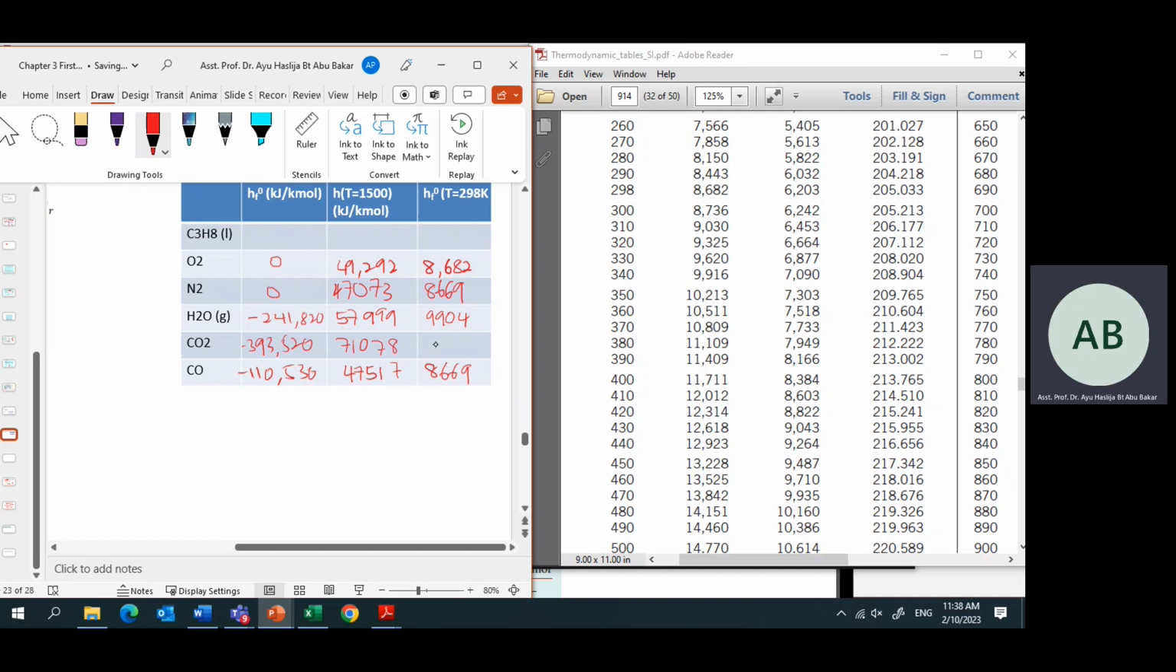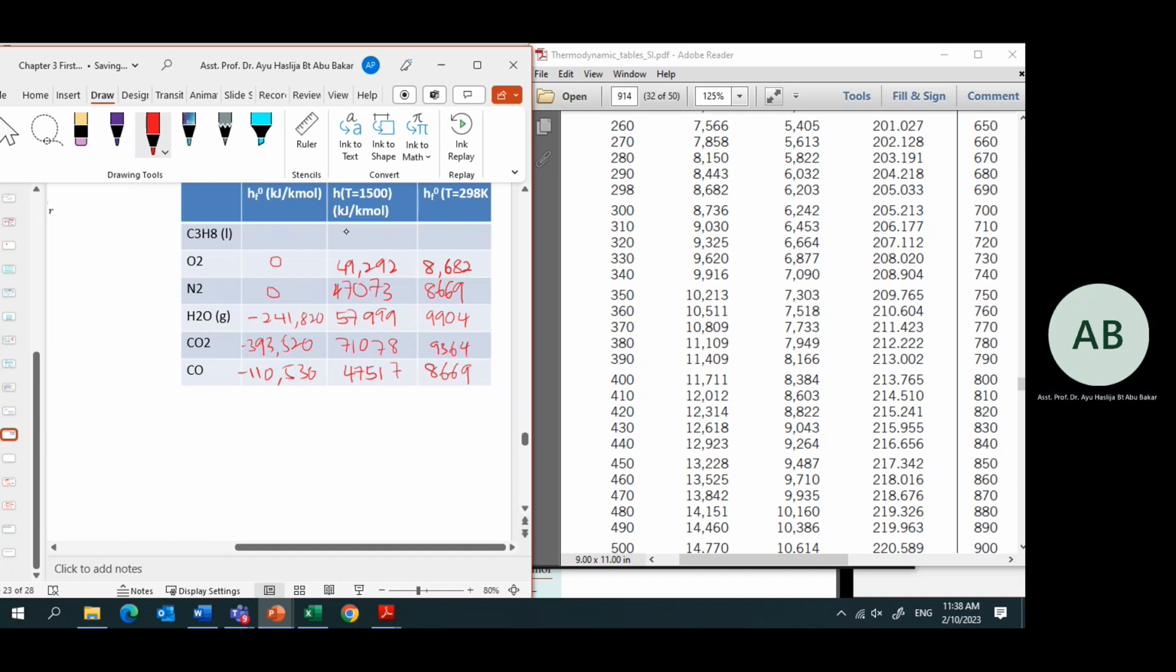Vinodini, what is CO2 at T298? What do you get, Ibrahim? 1364. 9364. Okay, do you guys get the same? Anyone get a different figure? Okay, how about